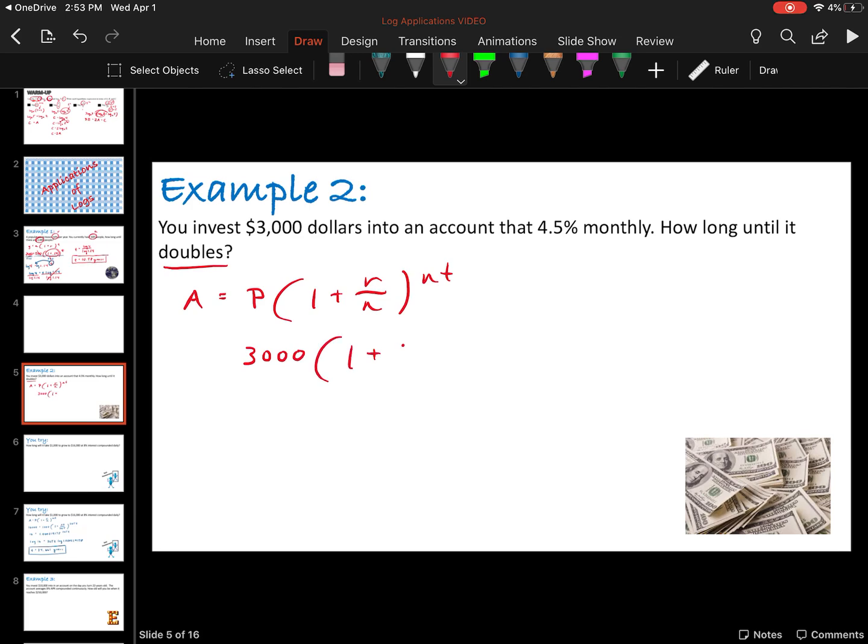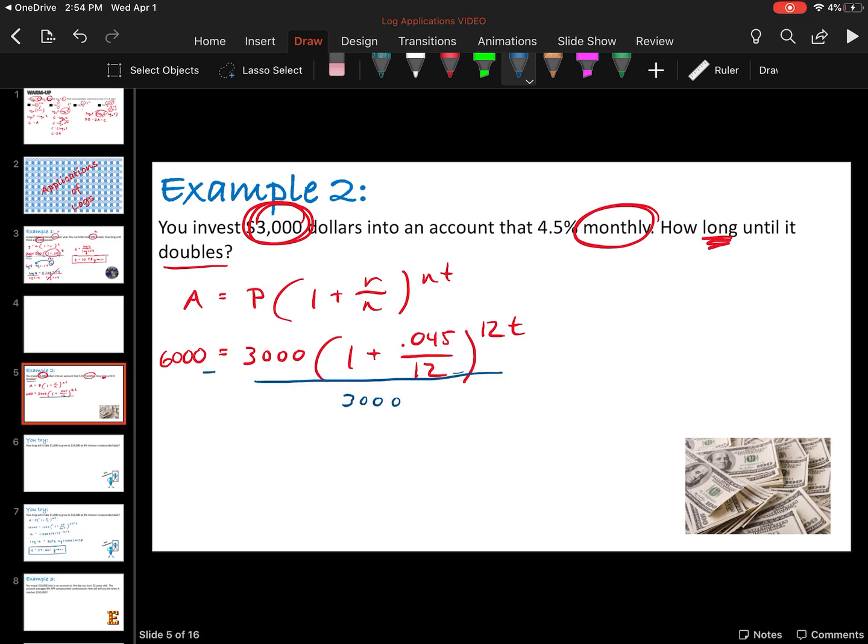I'm saying we're starting with $3,000. 1 plus, my rate is 0.045 when I convert it to a decimal. I'm saying it's compounding monthly, so that means it's compounding 12 times a year. So I'm going to plug in 12 there, and I'm trying to find how long until it doubles, so I still don't know my t. So I'm going to put a t right there, and I'm saying I want it to double. So you're starting with $3,000. For it to double means you're going to end up with $6,000. Now from here, we're just going to solve for t, so we're going to plug in a bunch of stuff into our calculator. First thing we're going to do is divide by 3,000 on both sides, and you'll get 2 is equal to,